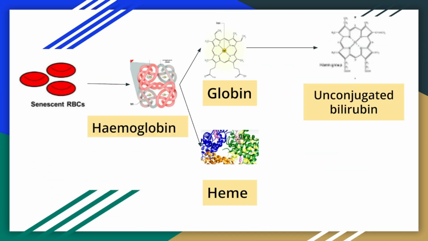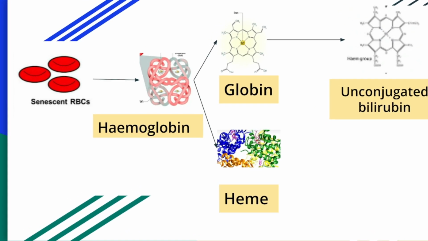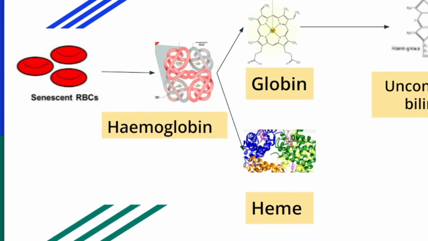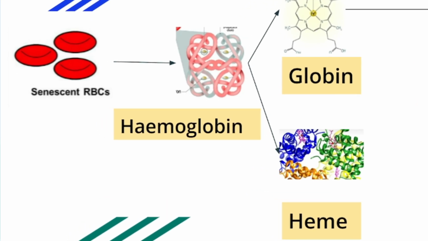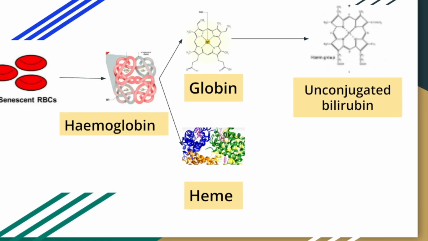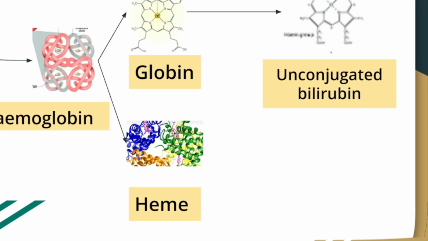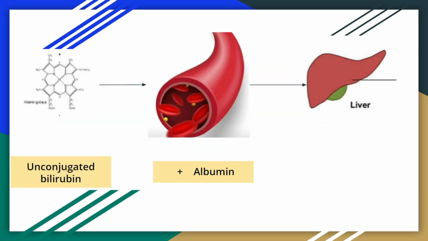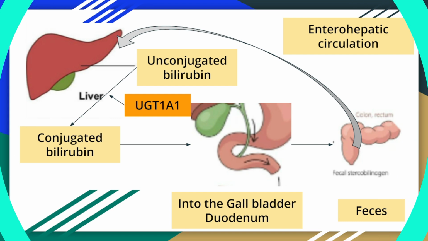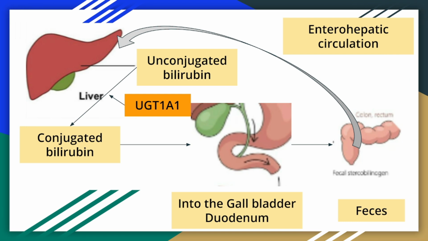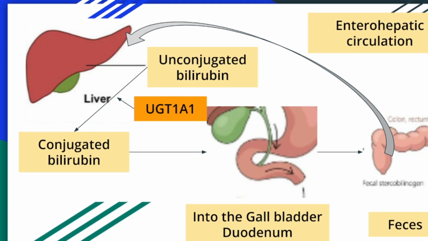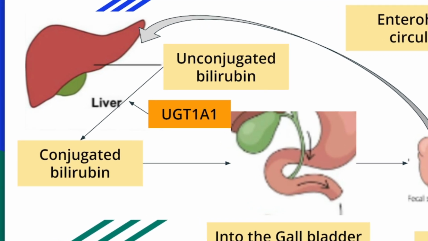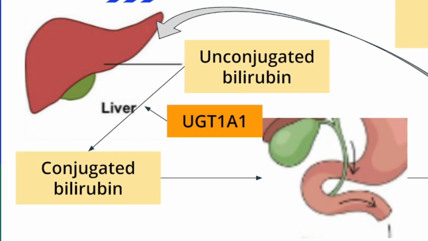Bilirubin metabolism. Bilirubin is a product of red blood cell breakdown. When red blood cells are broken down by macrophages, they release hemoglobin. Hemoglobin is broken down to heme and globin, and the heme is further metabolized to become unconjugated bilirubin. Unconjugated bilirubin is water insoluble, so it is carried in the bloodstream on albumin until it is delivered to the liver. Once the unconjugated bilirubin is taken up by liver hepatocytes, it is conjugated by the enzyme uridine diphosphate glucuronosyl